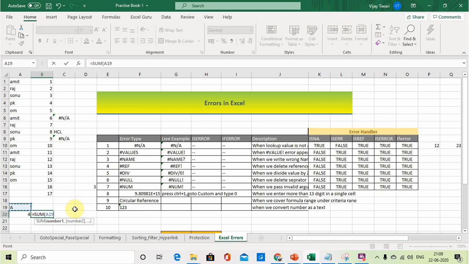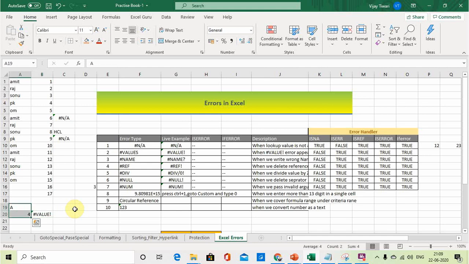You want to add this plus this. See, you got this #VALUE! error. Why? Because you are trying to add two values in which one is a number and another is text. Addition cannot work on text values. That is why it received the #VALUE! error.